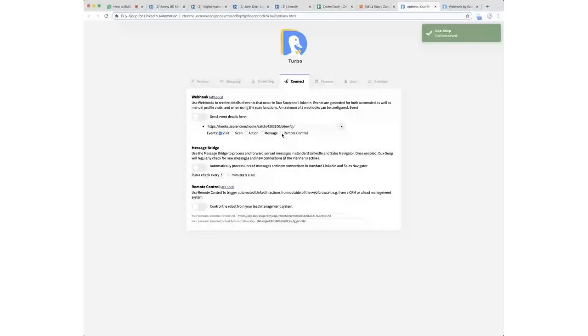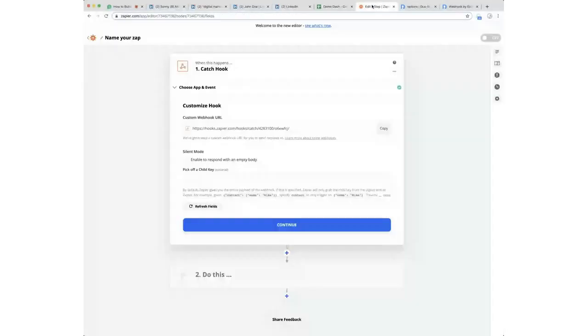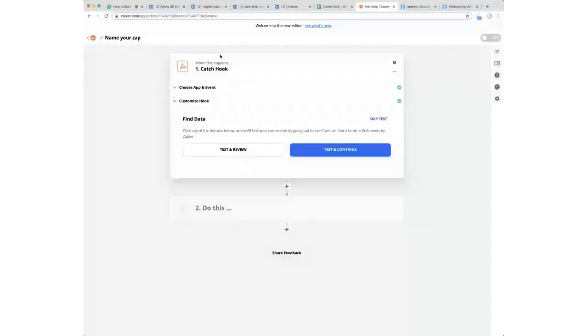As you can see, I might go through this a bit quickly, but there's a lot to do. So you can always record it, play back in slow motion. So enabling this will send profile visit data to the webhook, and that's how I can receive it here. So now I continue,